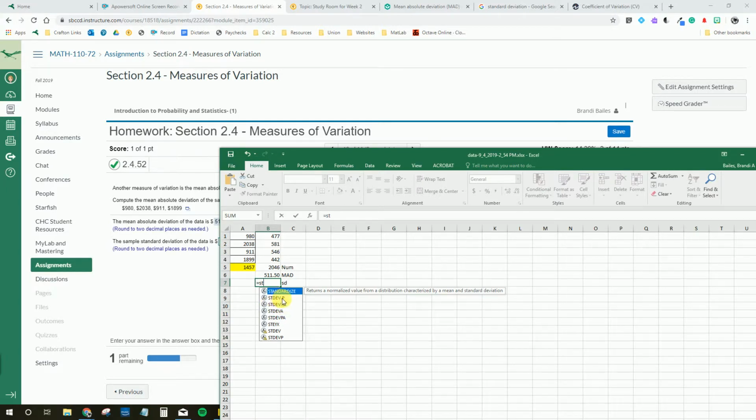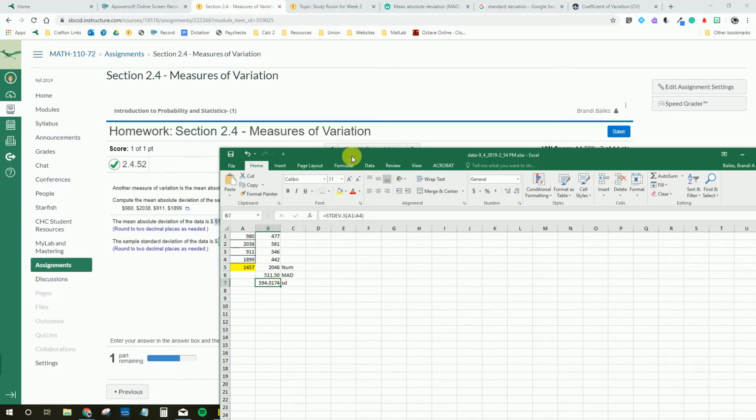versus .p for population. The denominator in each of these calculations is slightly different, so you want to make sure you choose the right one. This is a sample, so I'll choose .s. And then I'll highlight the data and hit enter. And I've got the sample standard deviation is